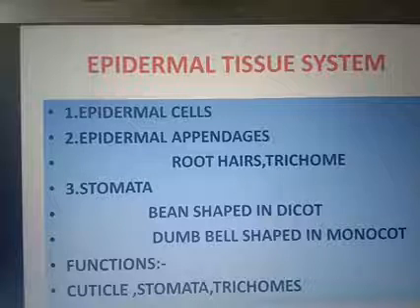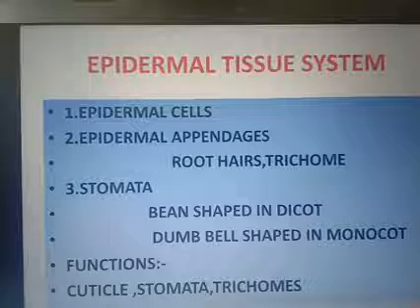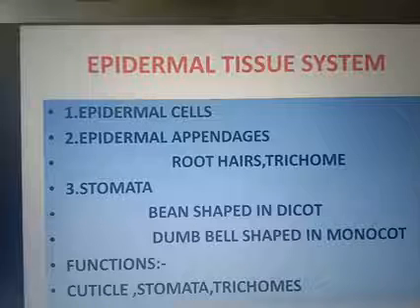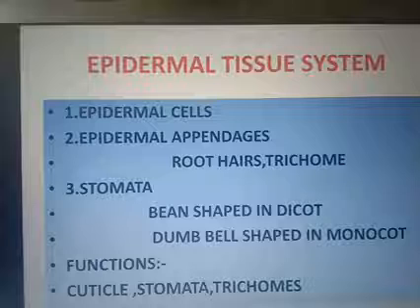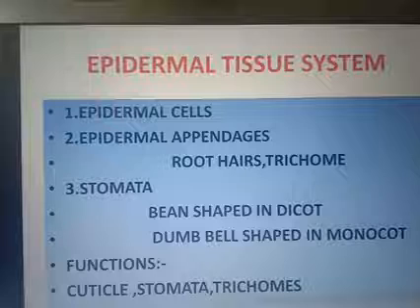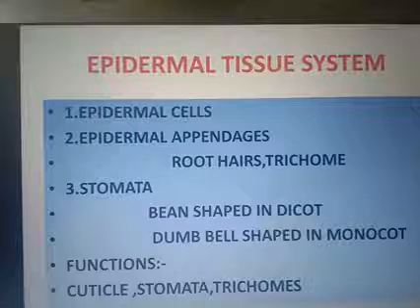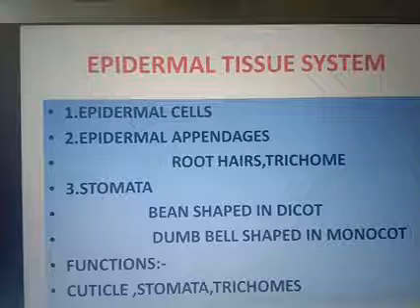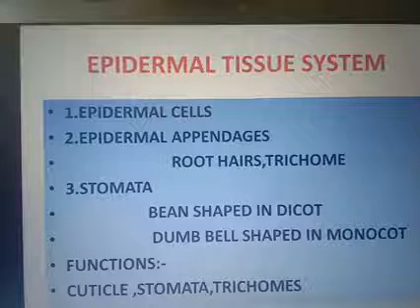Epidermal cells are barrel shaped. When we are taking a cross section, these cells are barrel shaped parenchymatous living cells, and they act as the outermost protective layer. It is covered by a waxy cuticle layer. So epidermal cells are barrel shaped parenchymatous living cells that form the outermost protective layer, externally covered by a waxy cuticle layer.